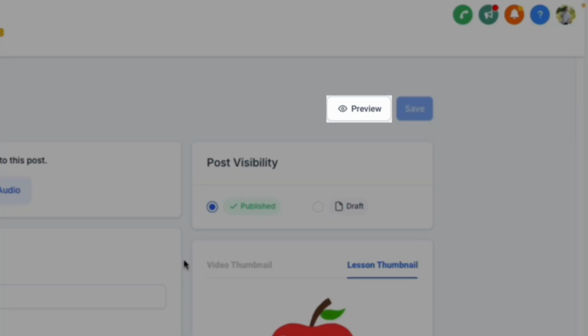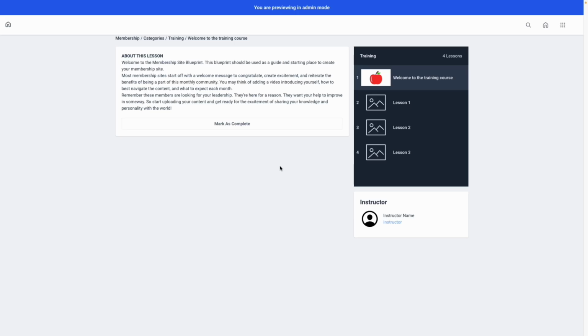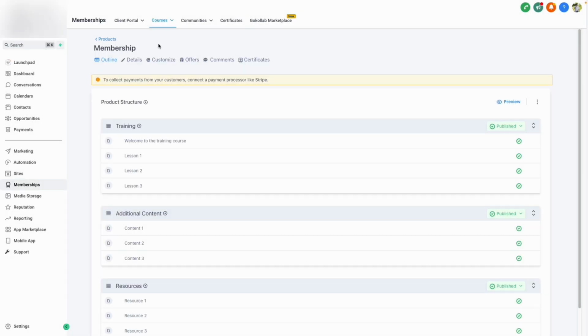When you're satisfied with any of your lessons, you can always preview them by clicking Preview. Previewing in admin mode gives you the ability to look at things like the titles, the thumbnails, and the layout of your course. When you've modified each one of your lessons, click back to Product, and then customize any other